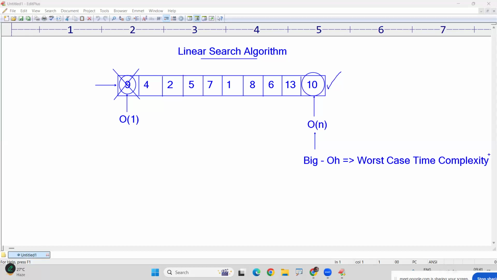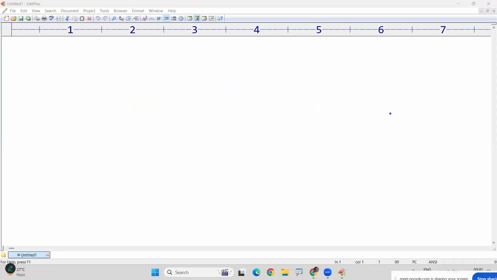This is the worst case time complexity. So finding that is what we call big O notation. In the linear search algorithm, what is the time complexity of linear search? We can say that it is big O of n. For example, if it is a binary search, we know that we can apply binary search